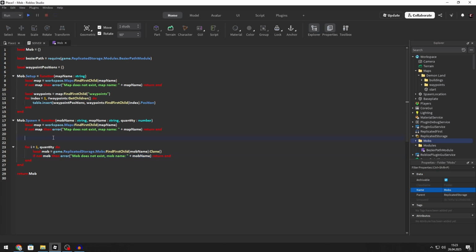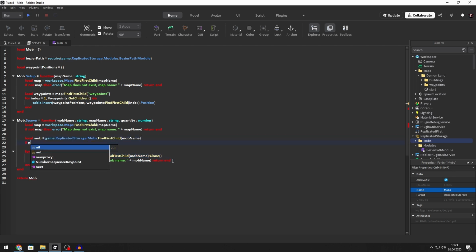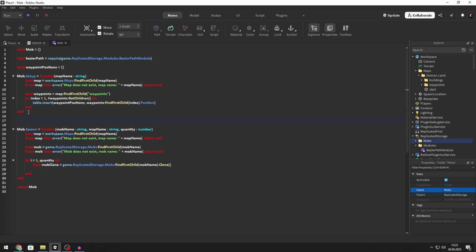So local mob is equal to, I forgot this, and copy this here, and now rename this to mob clone. So now we'll make another function that will move the mob, so mob.move equals function, so it will require the mob, which is a model,